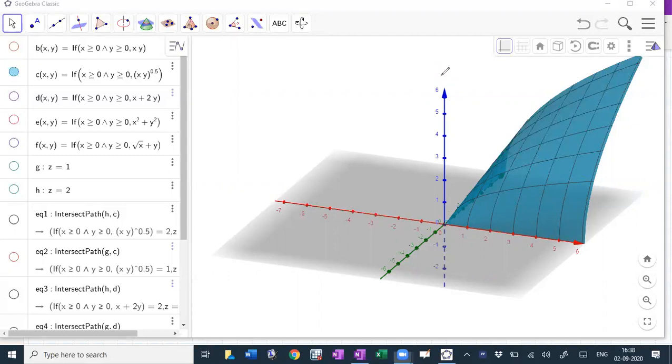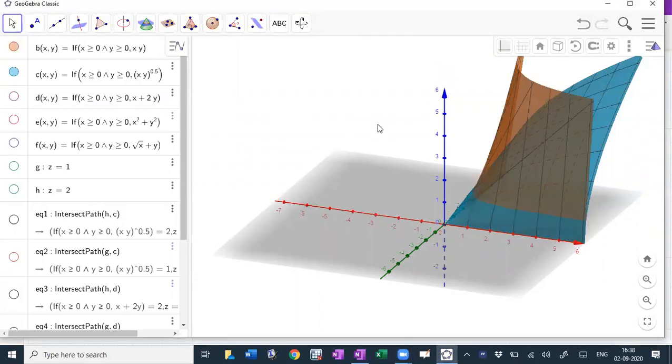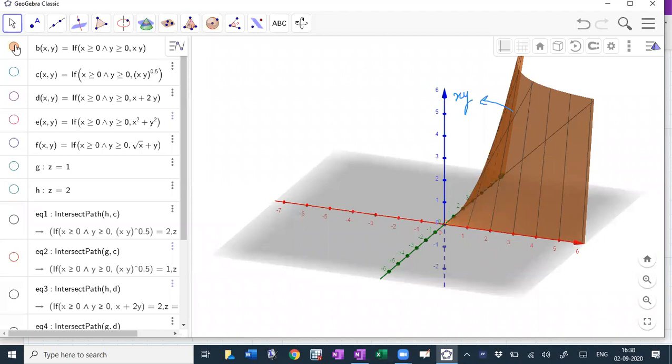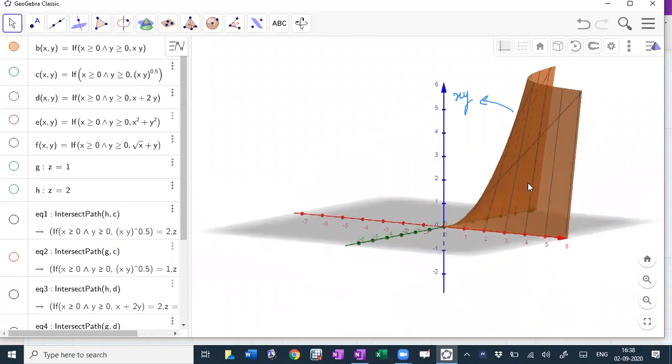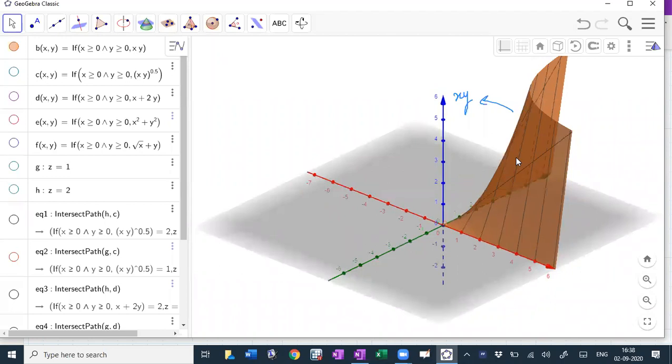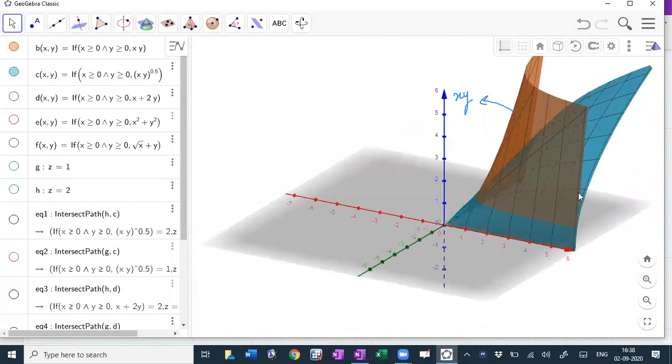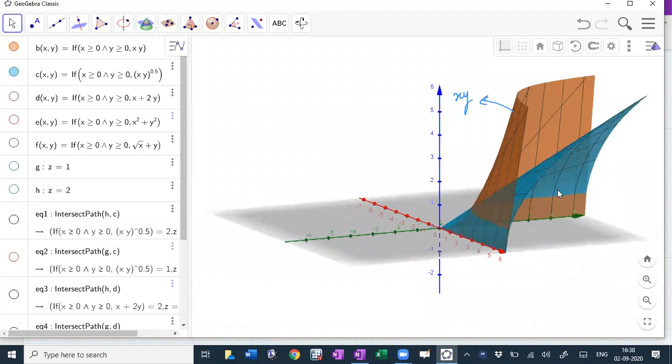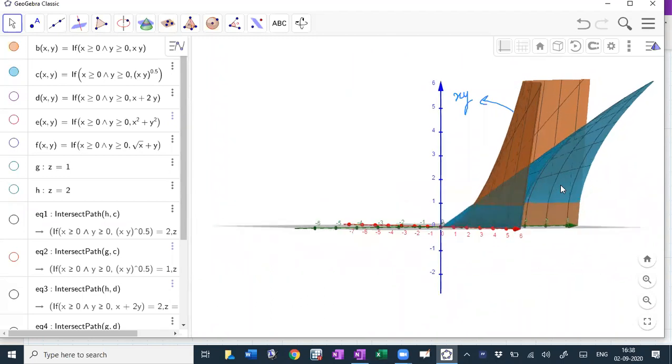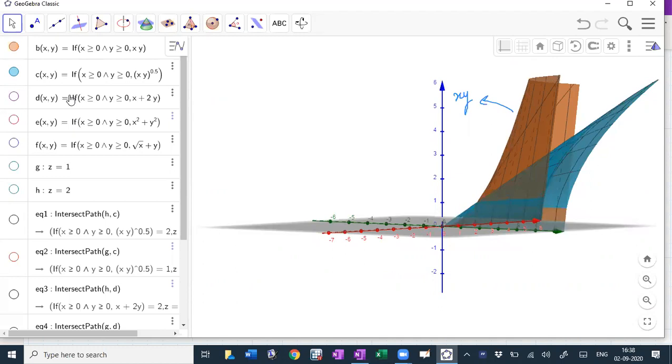That is just xy. The brown one is xy. Maybe I can remove the blue one. The new one that I have drawn is just u equals xy. Similarly, these again have some kind of curvature, they're increasing, and there's a bulge out. Even in the other function there was a bulging thing that you can see. That kind of surface is just obtained by this equation.